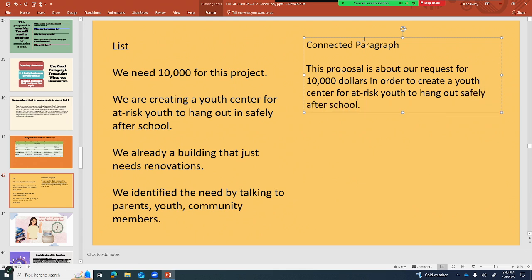Okay, so I've actually ended up combining these two sentences together because, again, I'm not just doing facts. I'm trying to create a unified sense of a paragraph.